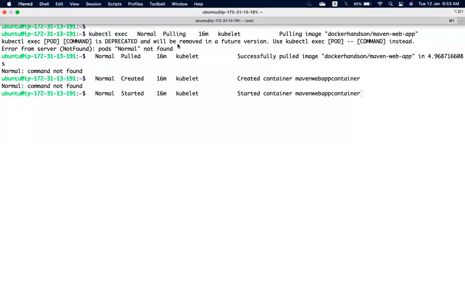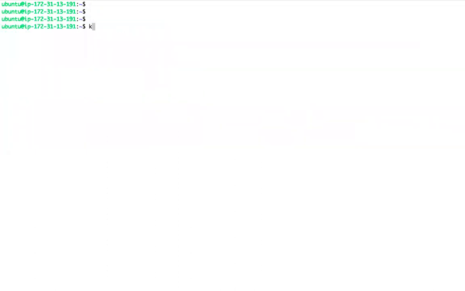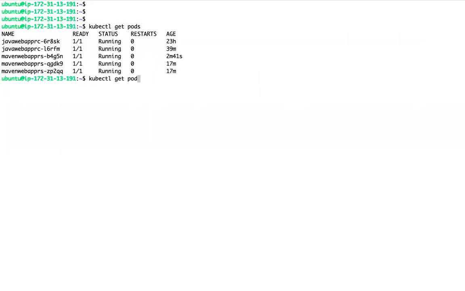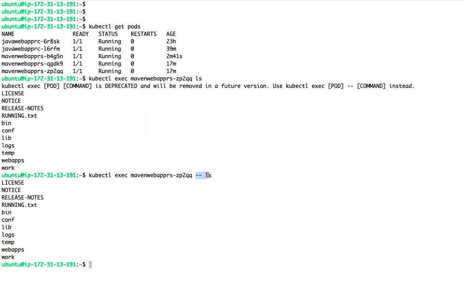Kubectl exec, whatever pod, you can execute commands like ls, or use the option hyphen hyphen command, something like this.